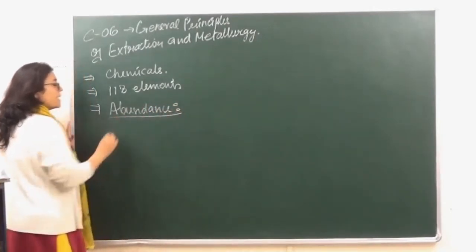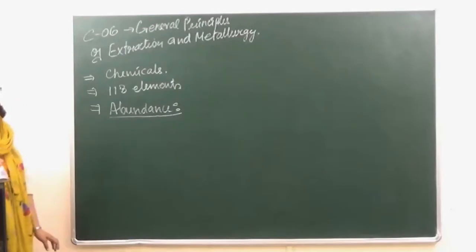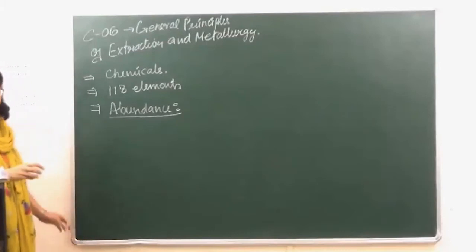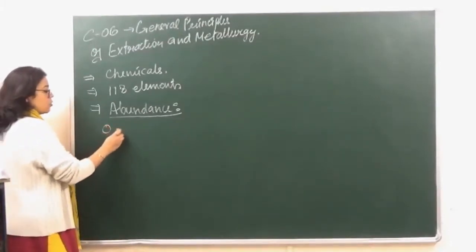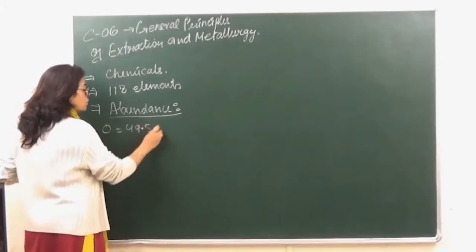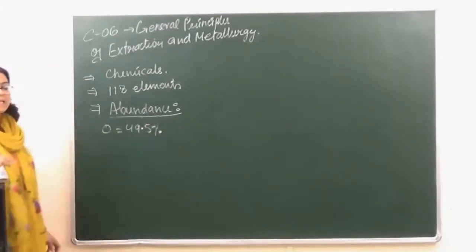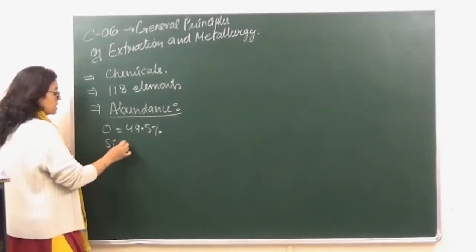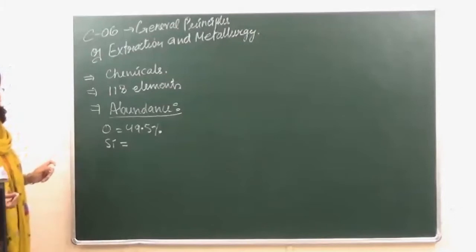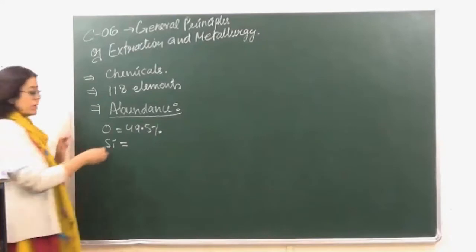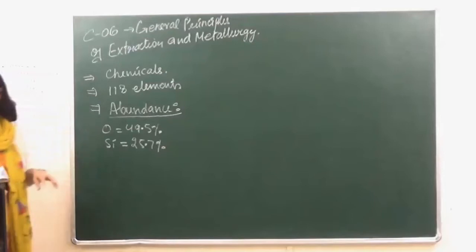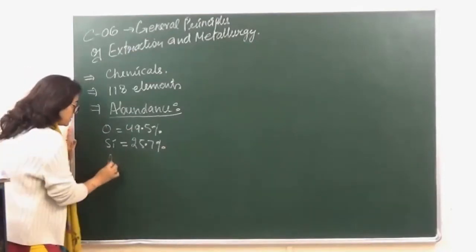So let's just see कि what is the abundance of elements present. We say that there are only 10 elements which are present in abundance. Rest all are present in traces. Okay? So the first element which is present, that is oxygen. The percentage of oxygen in earth, that is 49.5%. फिर उसके बाद silicon. Silicon is present in sand, it is present in silicates, it is present in glass. So इसकी भी percentage जो है that is quite high, that is 25.7%. ठीक है? Then the third one is aluminium,